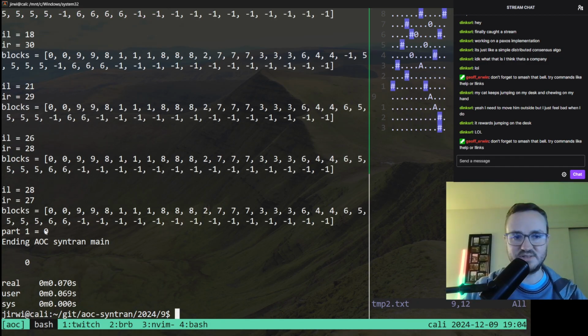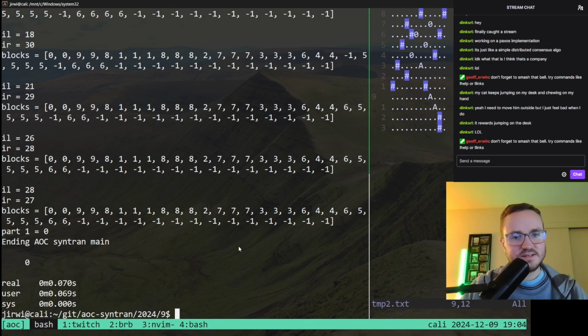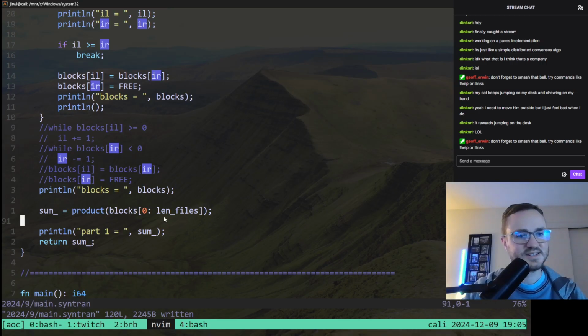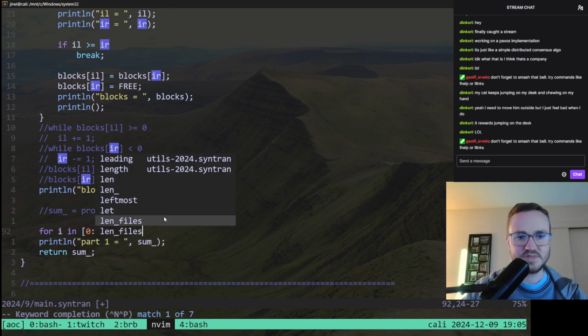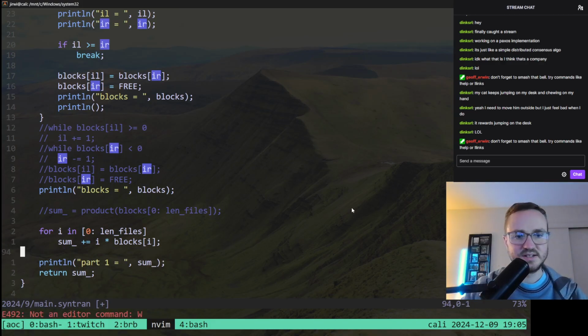Well, I don't think it's 0. Oh no, this is like a sum. Yeah, it's not just a product. It's more complicated than that. So this was already initialized to 0, and then still only up to len files. I times blocks I. So